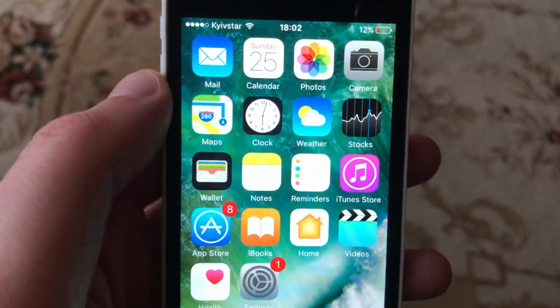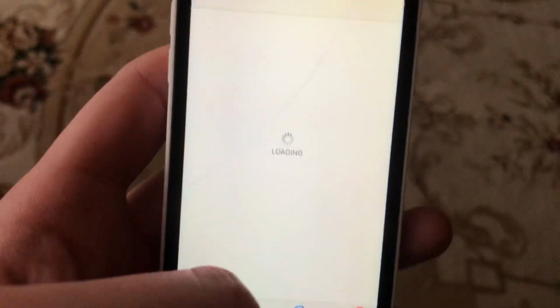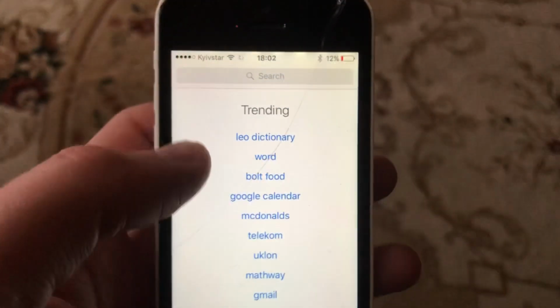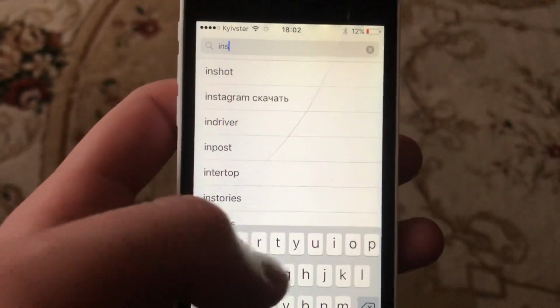And the last option you can try is to update your app. Just go to App Store, go to the search tab. In the search tab, write Instagram, and if you see the update button here, just tap on it and wait until it successfully installs the latest updates for your